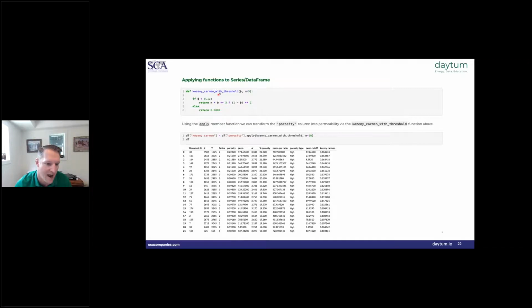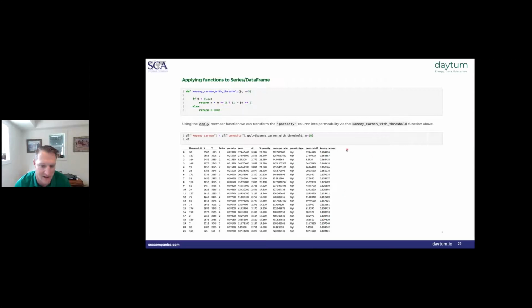And so the idea here is we have this function, which in this case is simple, but it could be complex. And the way we apply that function to a column of data is with this apply function. So we're basically going to take the porosity column, and the argument to apply is a function itself. So Kozeny-Kármán with threshold calls this function, giving the porosity value as the first argument, phi, right? So porosity goes into this function. This thing is computed with m specified as a value of 10. And finally, you get what you have here. So this is the Kozeny-Kármán prediction of the permeability given that porosity.